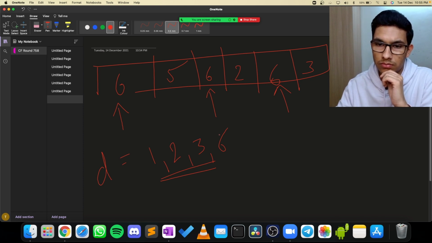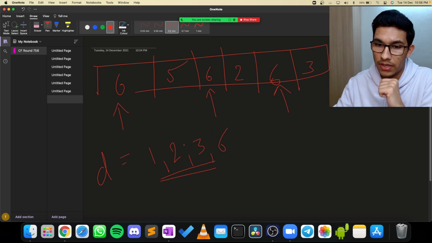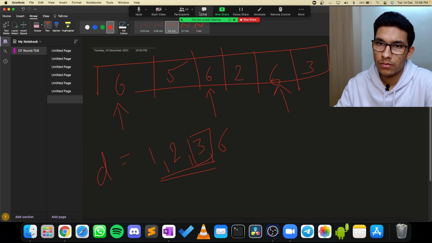Because 6 is divisible by all. I mean, 6 divides all of them. That is the point. 6 divides all of them. But 3 also divides all of them. Why am I not taking 3? Because 3 divides 6